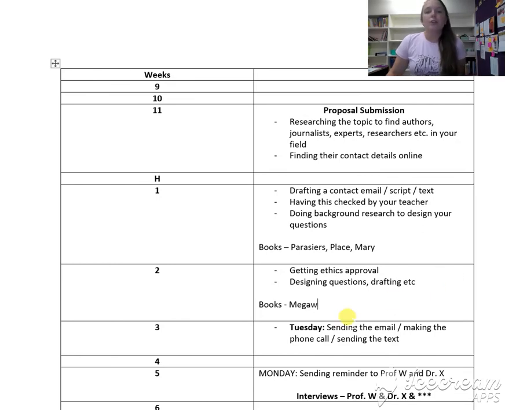Right, cool. So this is where those sources you put in your table now need to be tracked, because you can't read 12 books in 1 week. So what are you going to do to manage this time? That's your job to figure out. Step